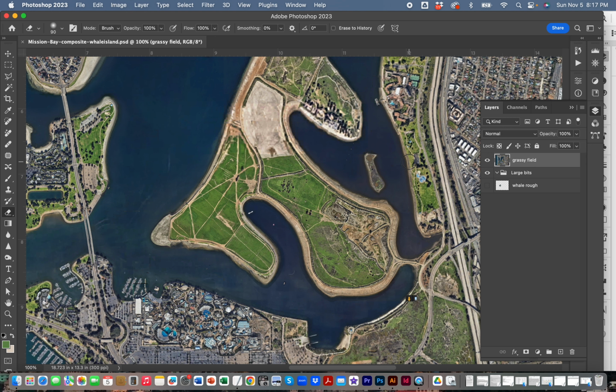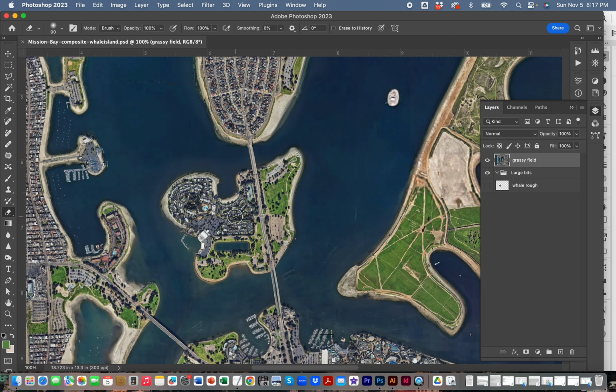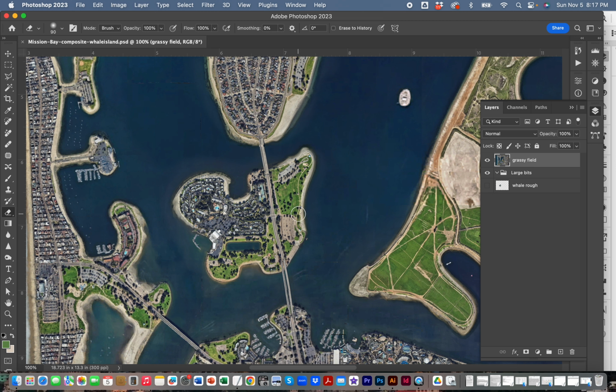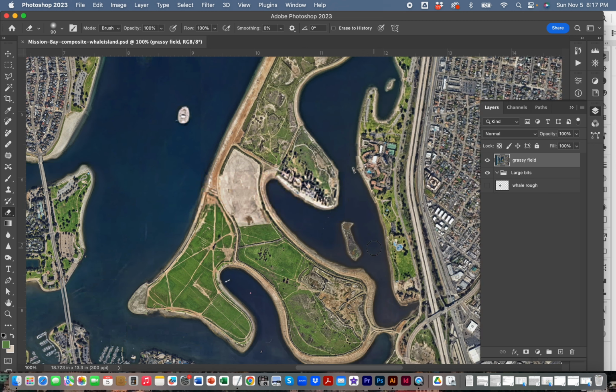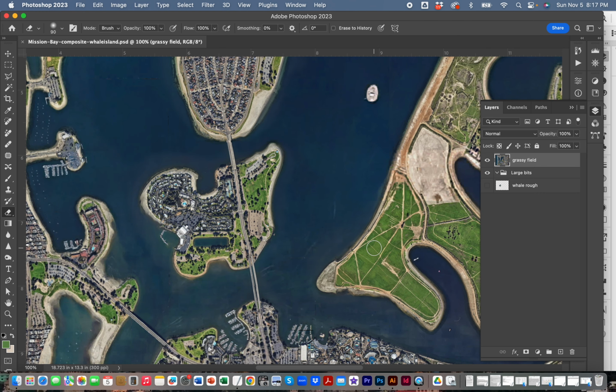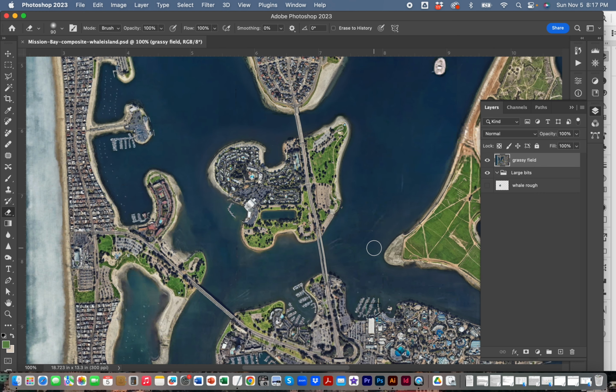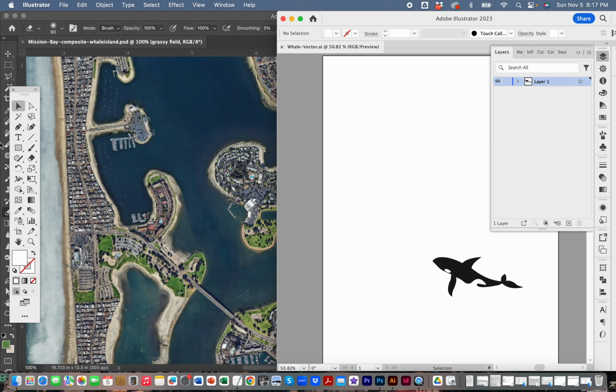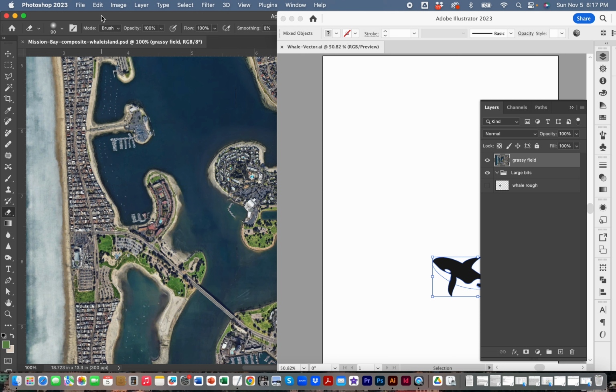All right. So now the thing to do is to turn this island into a whale, and we're going to use all these carefully inserted pieces of higher resolution map to do it. So the first thing we need to do is open up the whale, which is in Illustrator. So here's our whale artwork that we're going to use, and I'm just going to copy it, and then I'm going to paste it into